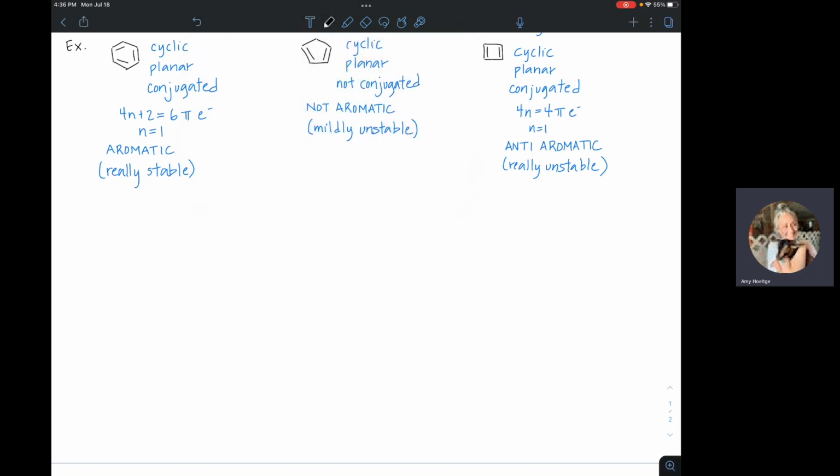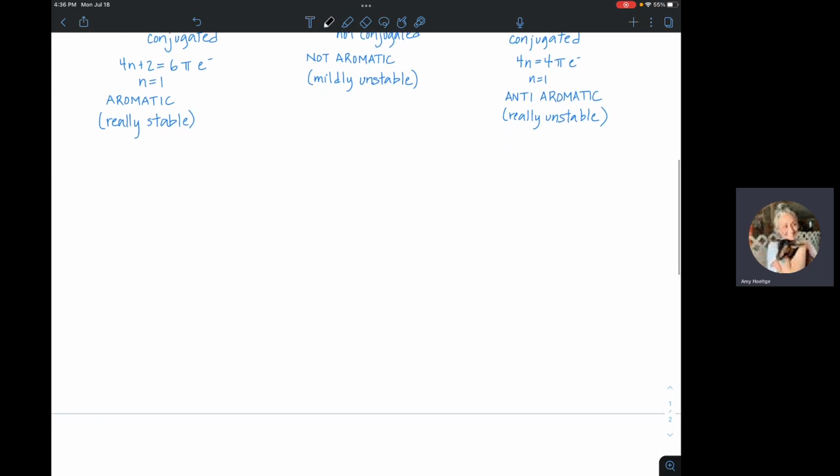I just wanted to show you the difference between three molecules that look like they could all be aromatic. So don't get used to seeing these double bonds in a ring and think everything's aromatic, because that's not the case. So we have rules that separate the non-aromatic compounds from the aromatic compounds, and then we have the anti-aromatic category. In terms of naming these,